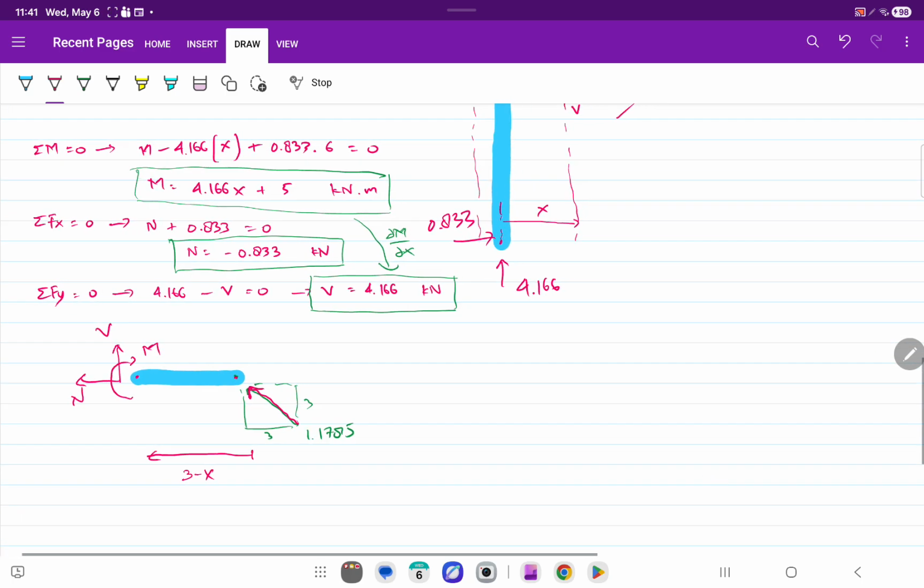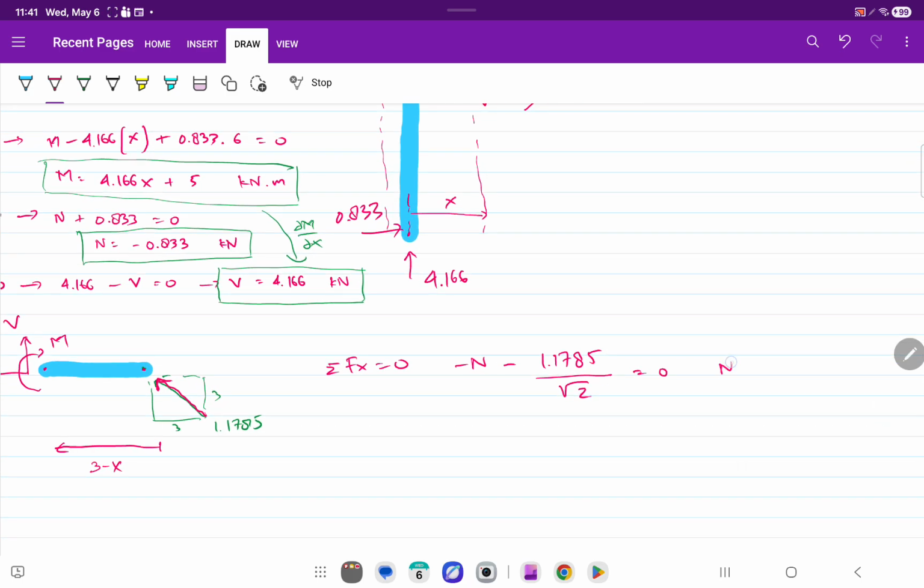And then you can do it again. Sigma moment, sigma fx equals 0, N is negative, and then minus 1.1785 square root of 2, right, equals 0. And then your N will be, let's calculate again,